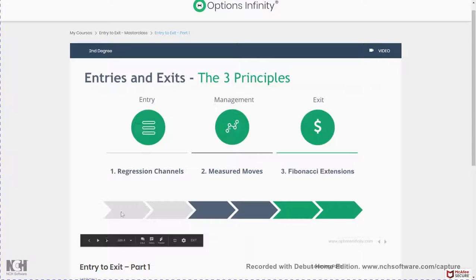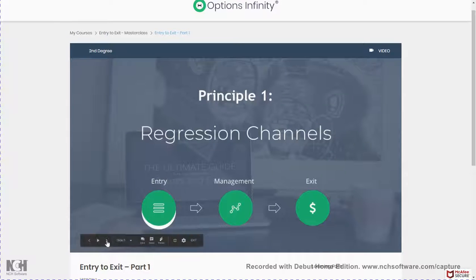I use the regression channel to enter a trade. I use measured moves to manage the trade and look forward to where I should exit the trade, either with a profit or a loss. Principle number 1 is the regression channel. I've been using this for